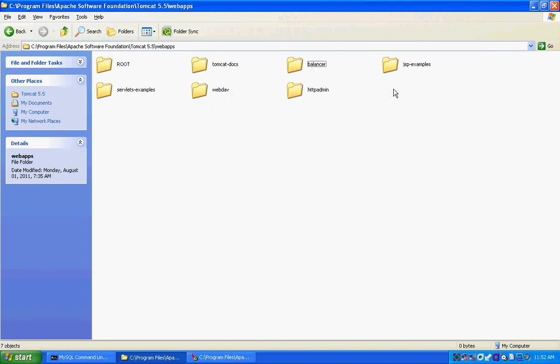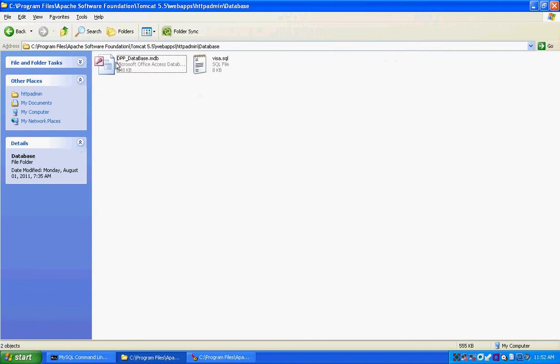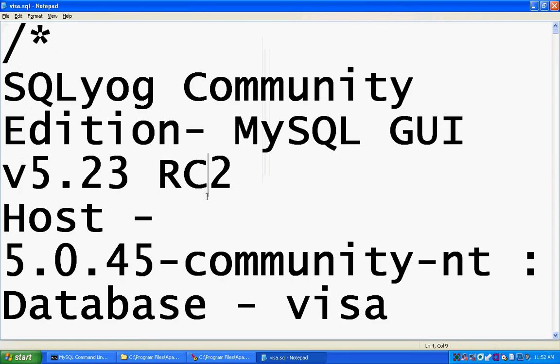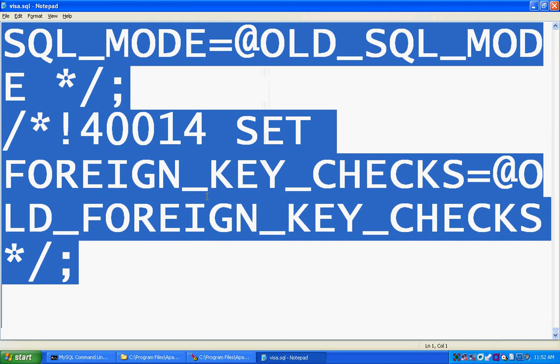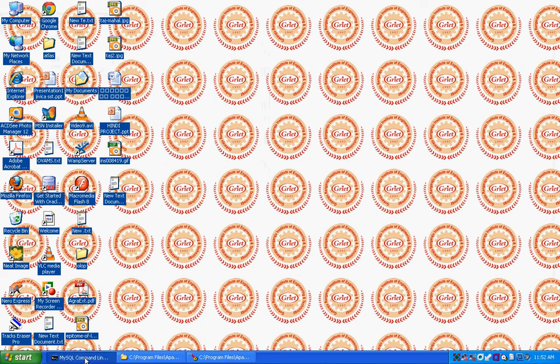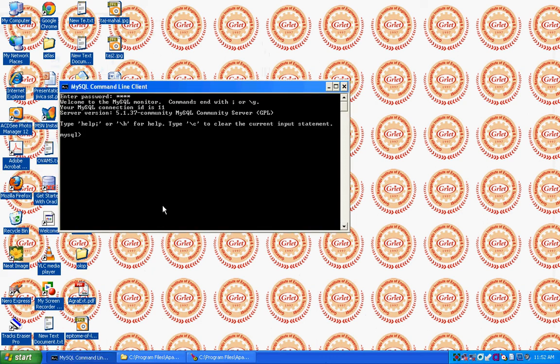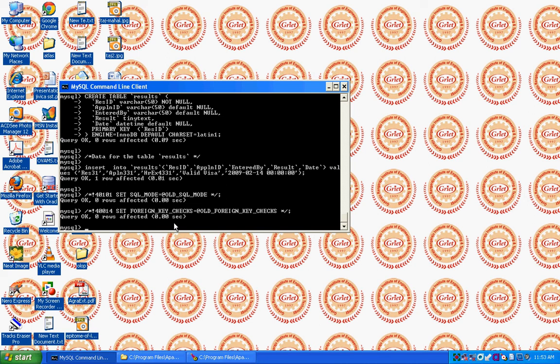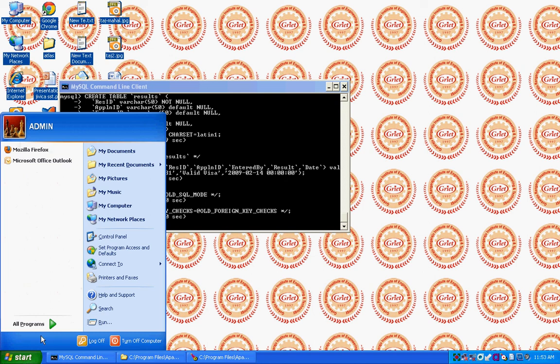Webapps folder, HTTP admin folder, database. Now select the SQL file visa by Ctrl+A and copy the code and paste into the MySQL command line client. When the code is pasted successfully, then again move to Start, all programs,